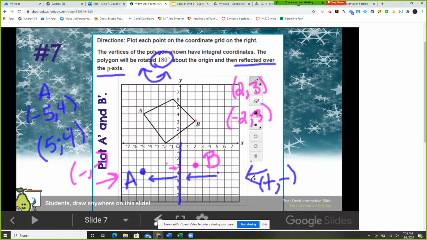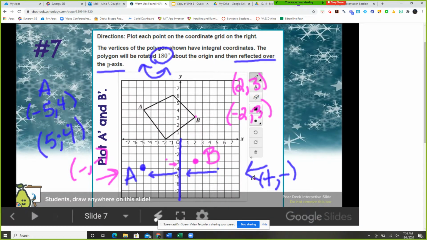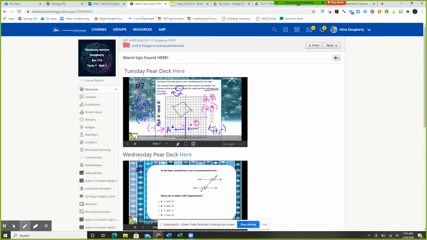Okay. Normally they would only ask you about one point. They wouldn't make you do both. They would say, you know, just plot A or just plot B. Okay. How many people got at least